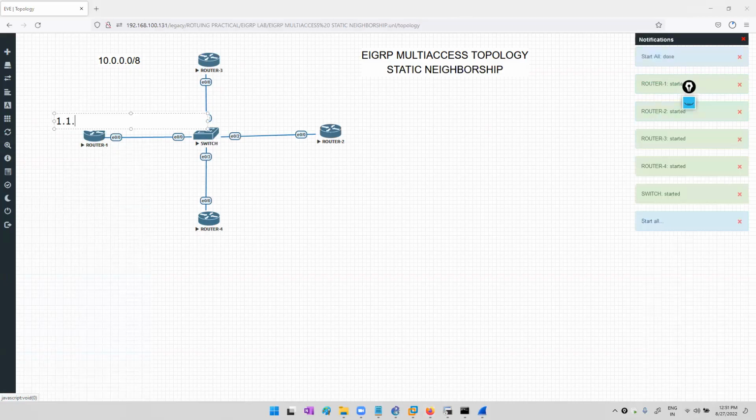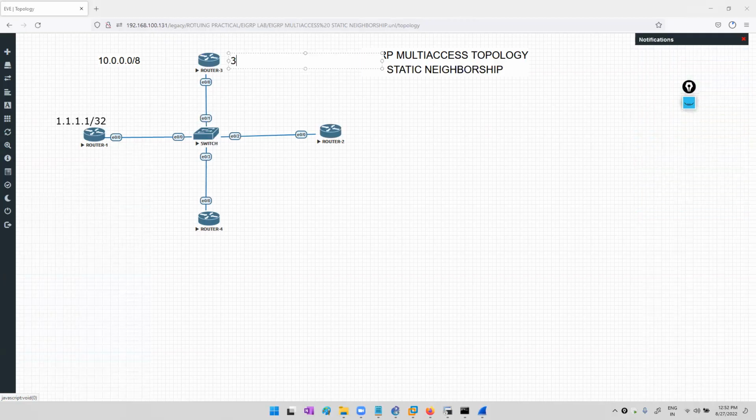Router 1 having 1.1.1.1/32. R3 having 3.3.3.3/32. R2 having 2.2.2.2/32. R4 having 4.4.4.4/30. Okay. So basically in this design,